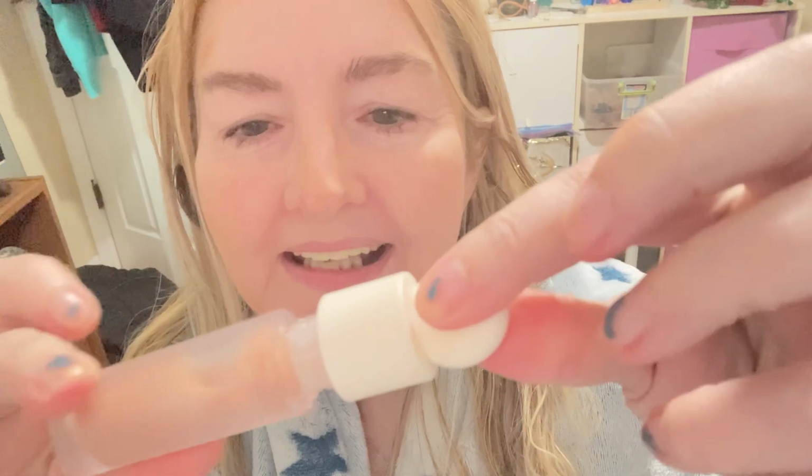Next, we have, I don't even know what that says, from Temu. Anyway, I love the packaging. I love the way it looks in the bottle. It's a much lighter color. It's a little bit more liquidy. So I'm gonna say it depends on your skin tone. If you've got darker, you're gonna want to use the darker drops. And if you've got lighter, I would go with the lighter. So since I'm lighter,